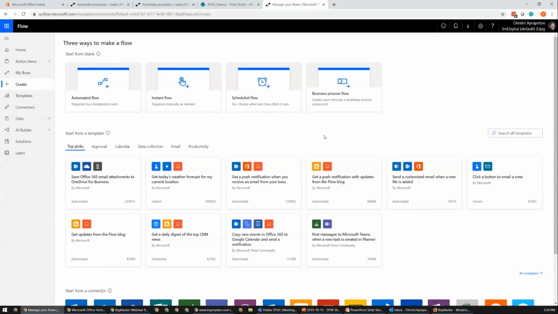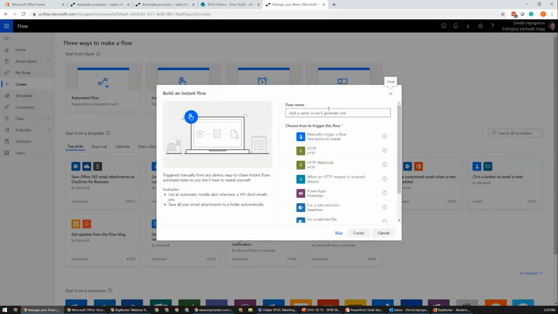But for the purposes of this first demo, we're going to start with a manual flow. So we're going to click on this. And the first thing we need to do is give it a name. Now, one thing I want to highlight here is that you want this name to be something that makes sense to an end user. Because ultimately, when they select their file and they go to start their workflow, they'll need to pick the name of the workflow. If your name is very long, meaning 20 or more characters, part of your name will be cut off when they go into that menu. So you want to keep something very short and concise for the purposes here.